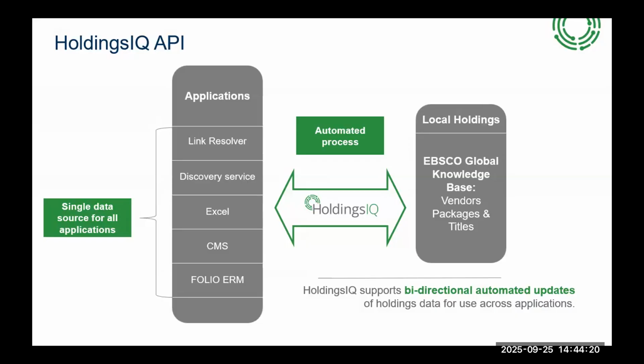So eHoldings can update your EBSCO knowledge base profile. You can activate packages and titles. You can manipulate all of that. It then updates the discovery tool and the link resolver and the A to Z list and everything all in real time. And so we've been able to really greatly streamline a lot of the electronic resource management through there. And then, of course, we've integrated the counter data, so you have access to all of that data in real time.